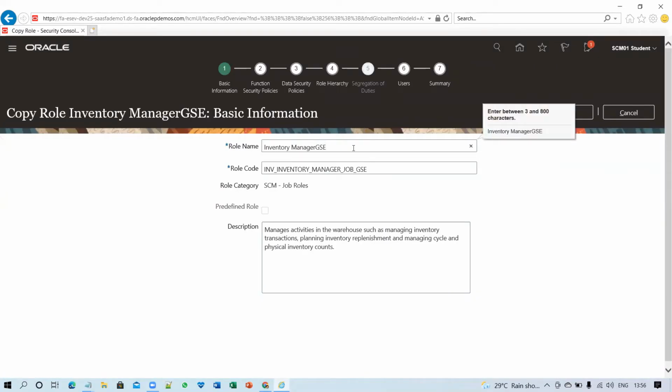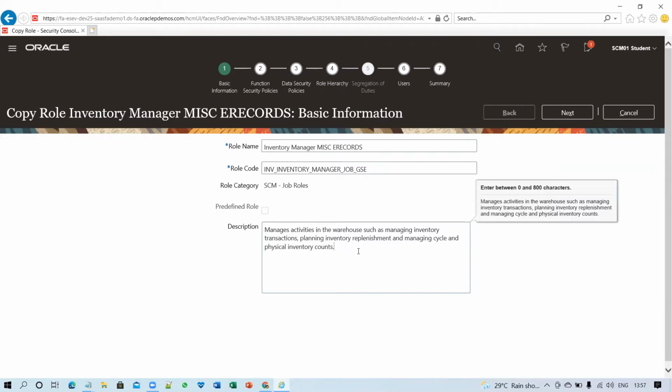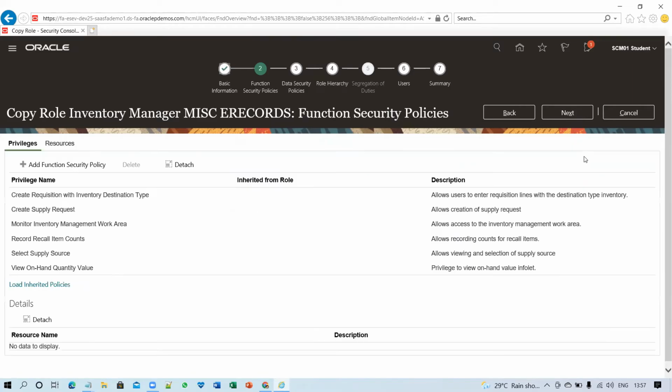I'm setting up Inventory Manager Miscellaneous E-Records. If you want, you can add a description for identification purposes for your custom role, just to differentiate. Now I will click on next.